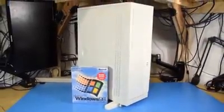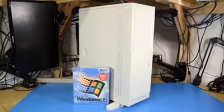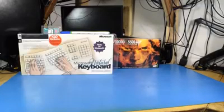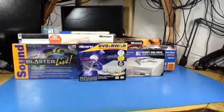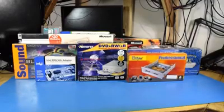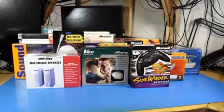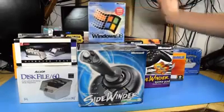Combined with the Windows 98 anniversary, it made for the perfect theme for a new build, an all-new Windows 98 PC. So I set out to find authentic parts for a period-correct Windows 98 PC. A CPU, motherboard, RAM, video card, keyboard, mouse, hard drive, sound card, disk drive, floppy drive, newer floppy drive, network card, USB card, front USB card, webcam, microphone, speakers, gamepad, joystick, floppy disk holders, and of course, a sealed copy